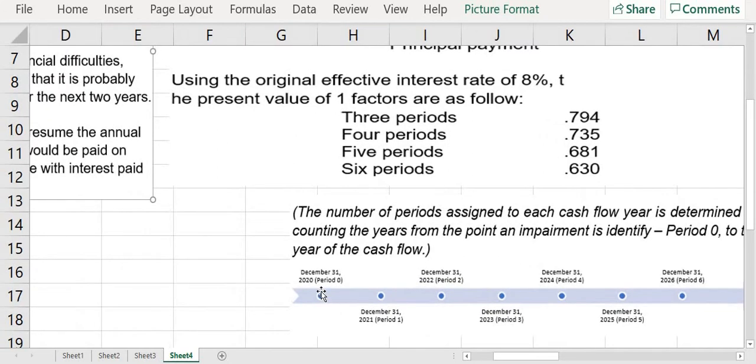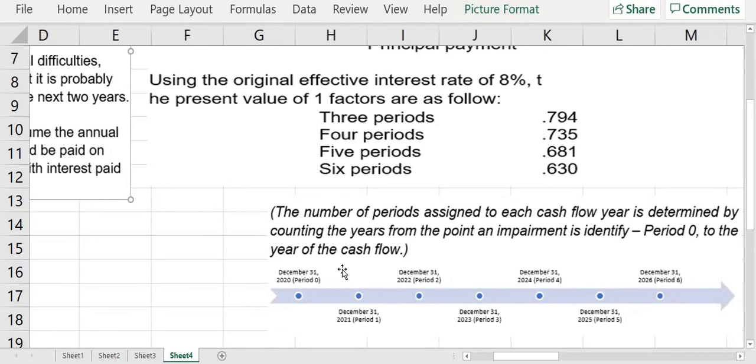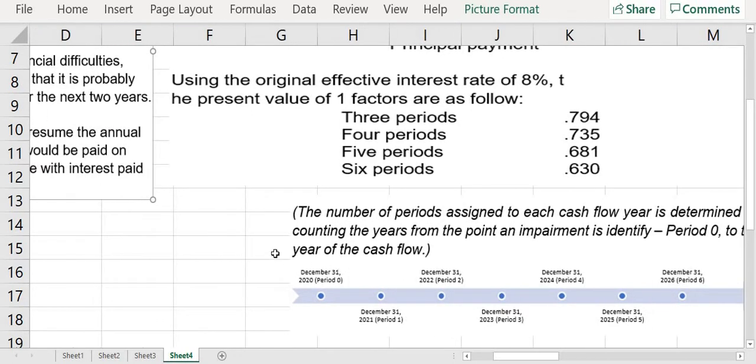So, yung timeline natin, yung period 0 natin is December 31, 2020. Again, this is the date na kinumpute natin ang impairment. Or this is the date that indicates na may impairment. Kasi this is the date na sinabi ni borrower na hindi siya makakapagbayad for the next 2 years. Ayan. Okay? So, this is the period 0. Now,